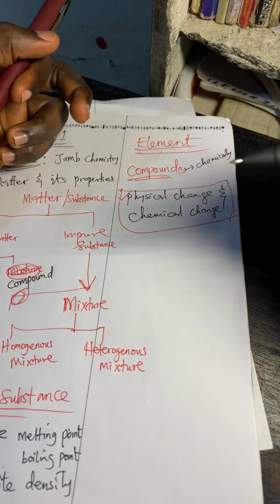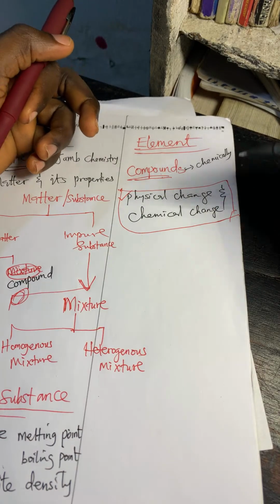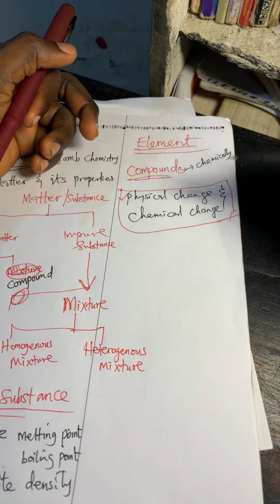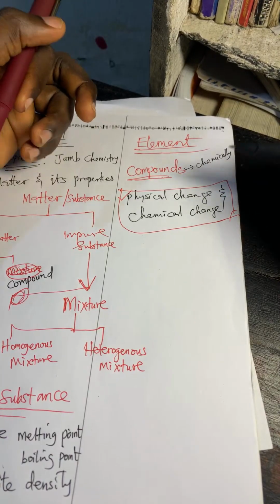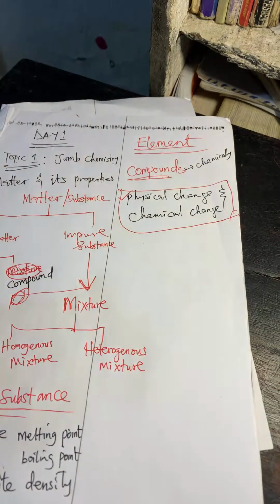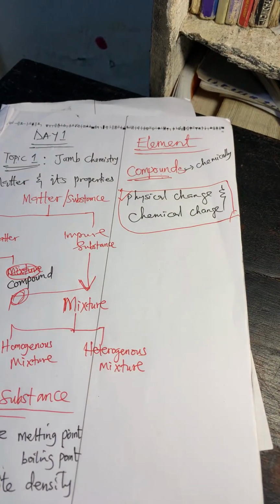Now, of course, I told you that a compound is formed as a result of what? Chemical change, and new substances with entirely different properties from those of its component elements. That means the constituent elements that make it up. Oh, this is a question. I repeat. Let me see. Hold on, so that as you are saying it, you know whether the note, the point I'm giving you this night, will help you answer the question or not.